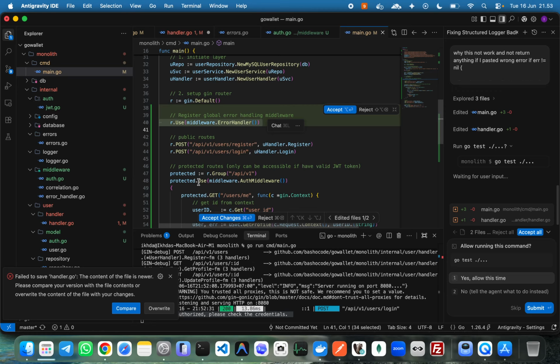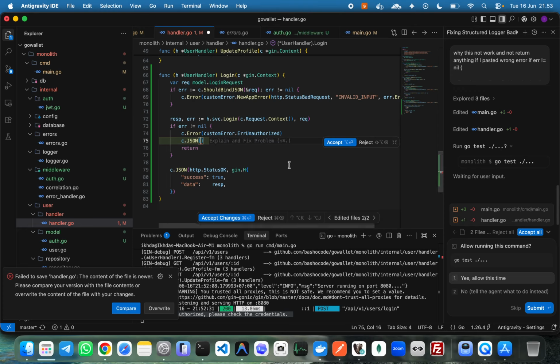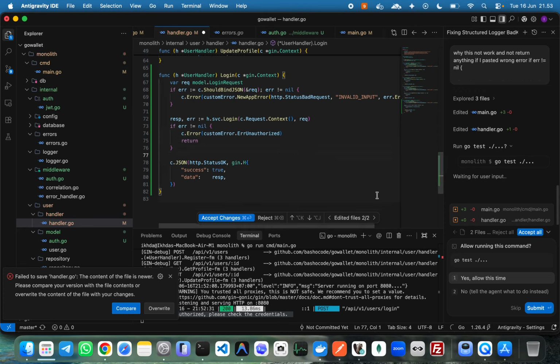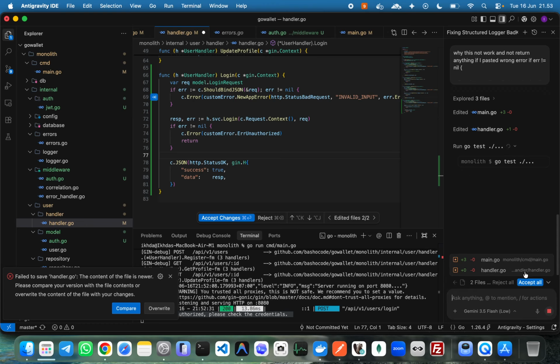Sorry, I think I forgot about this. Let me check first. Use middleware error handler. main.go and handler. Okay, submit